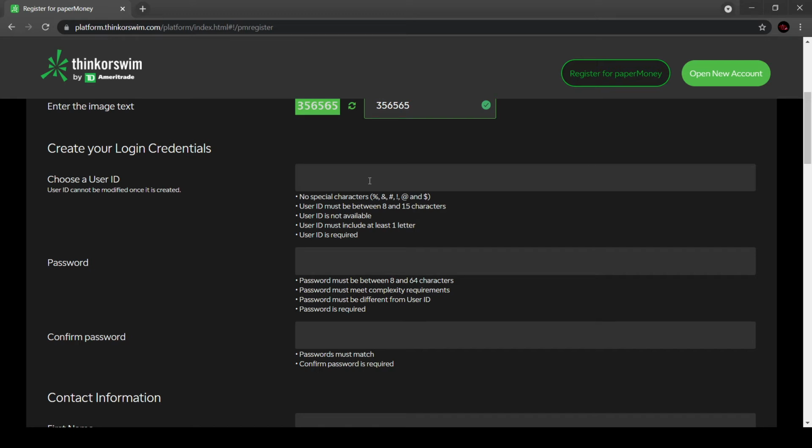And if your user ID has already been taken, it will reflect as not available and you would need to choose another user ID. A user ID must include at least one letter, right? And it is required. So in this case, I am going to create as